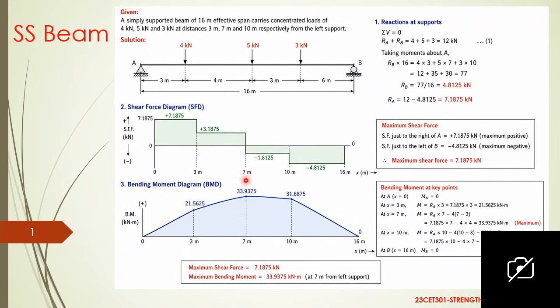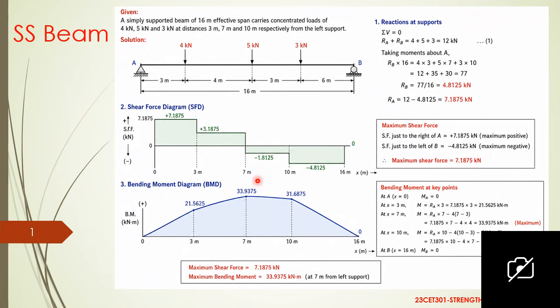As already told, where the shear force value is 0, there the bending moment value will be maximum. And where the bending moment value is 0, there the shear force value will be maximum. You can see here, at support A, the bending moment value is 0, but the shear force value is 7.1875. And also at support B, the bending moment value is 0. Here the shear force value is